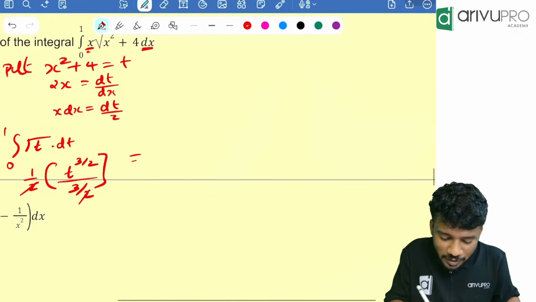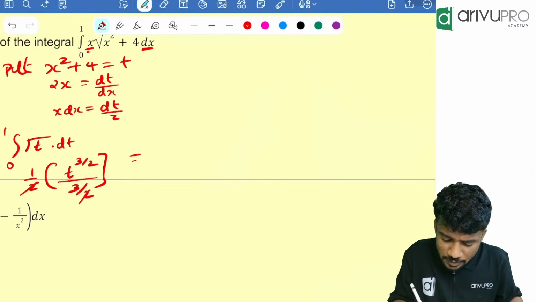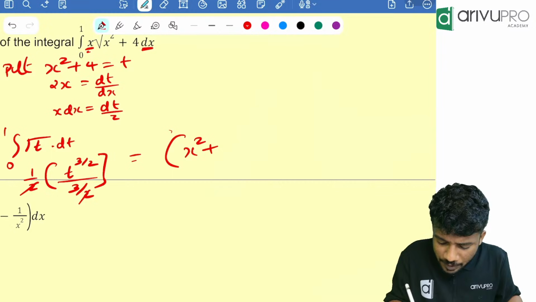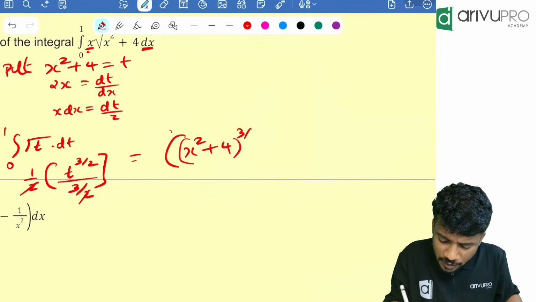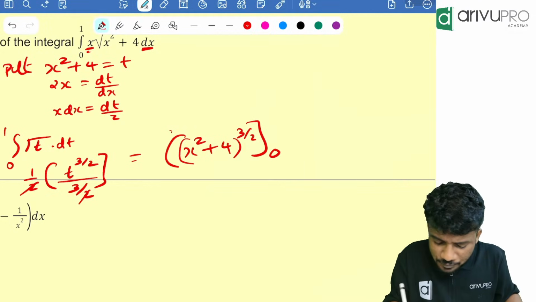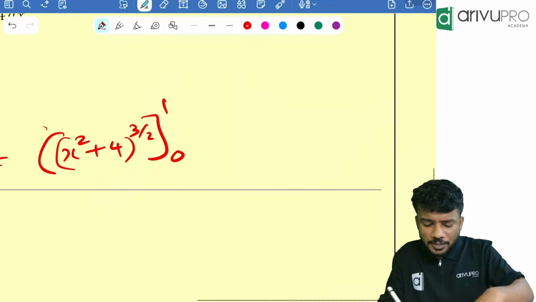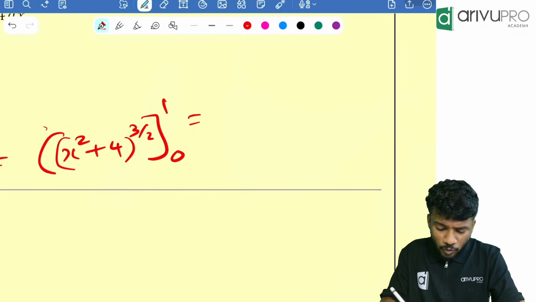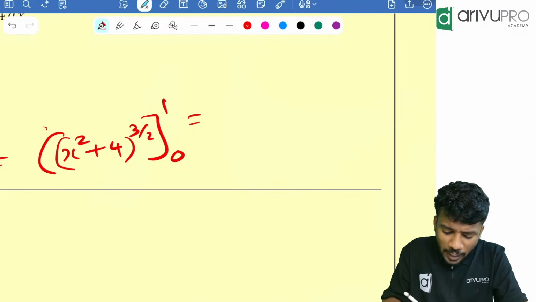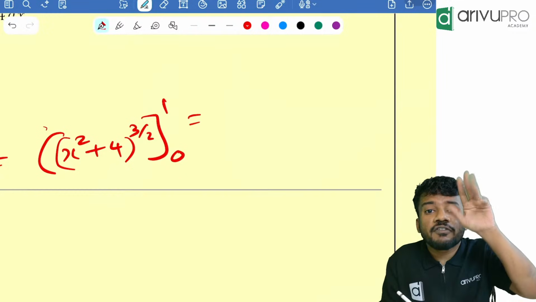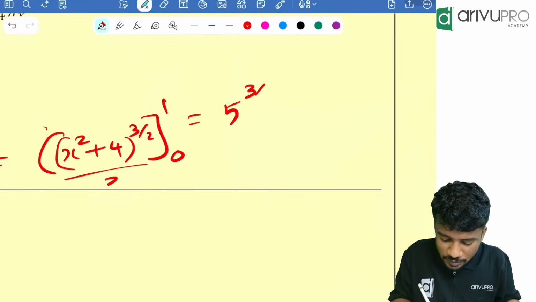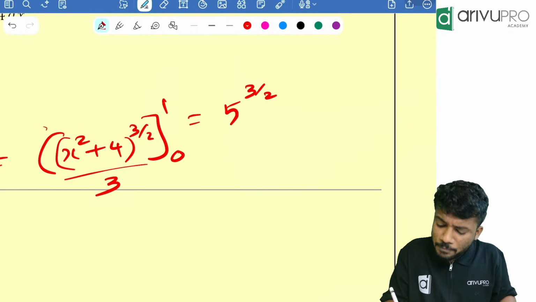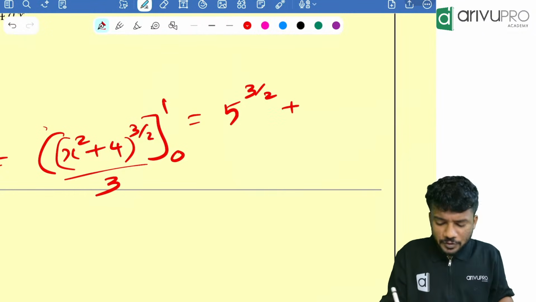So instead of t you put x square plus 4, right? x square plus 4 raised to 3 by 2, from 0 to 1. Now apply the limit. Apply the upper limit. 1 square plus 4 is how much? 5, correct? So 5 raised to 3 by 2 divided by 3, minus